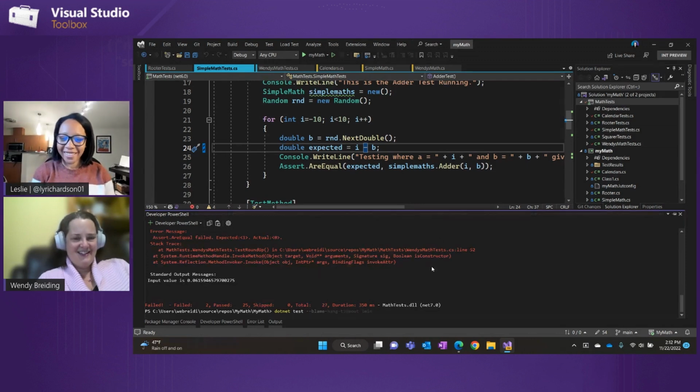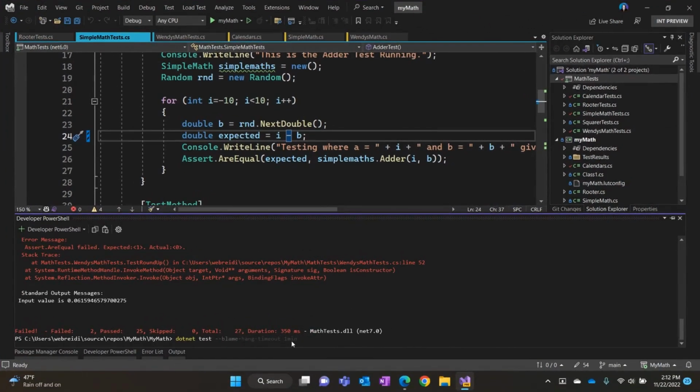Yes. And then say your code is not crashing, but it is hanging. When things are taking longer, they're hanging, you can do --blame-hang-timeout, and then you can set whatever timeout you want.